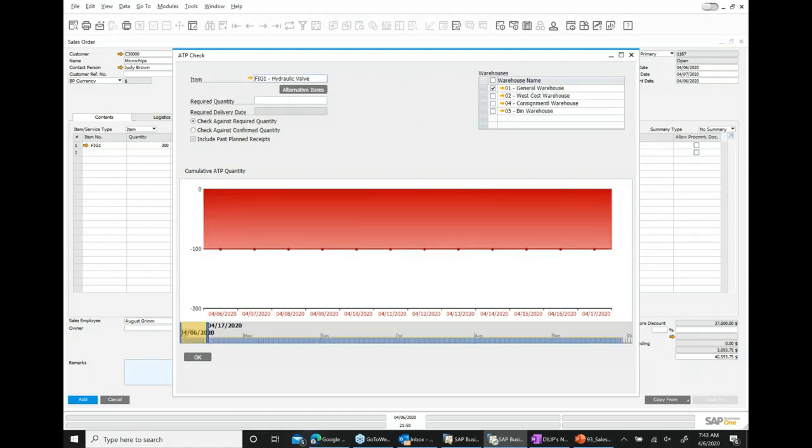Okay. I need 300 pieces. And when I do 300 pieces, it comes up with a red color. This red color tells me that I only have availability of 199. So if I check this item, checking its required quantity, it becomes red. If I change this quantity and make it 40,